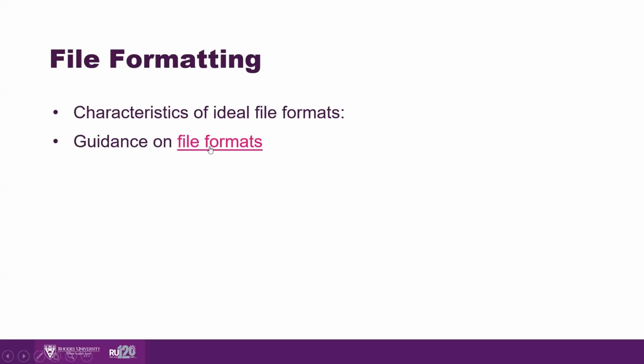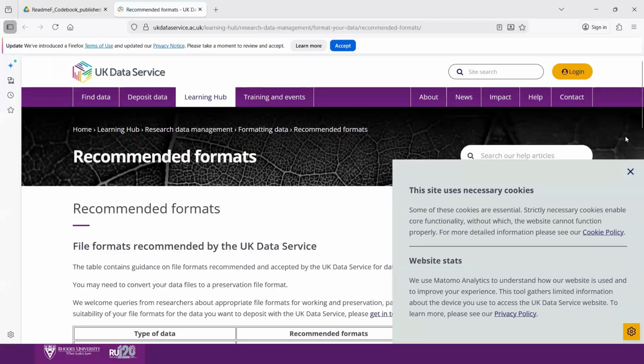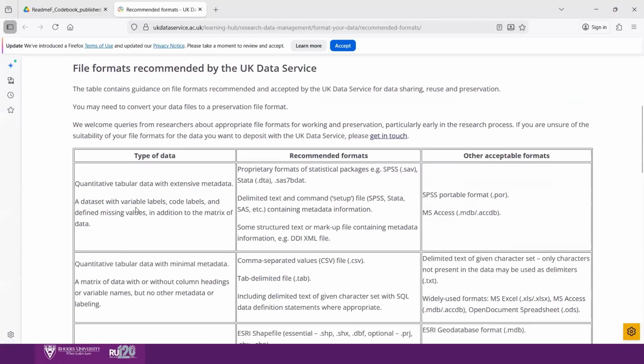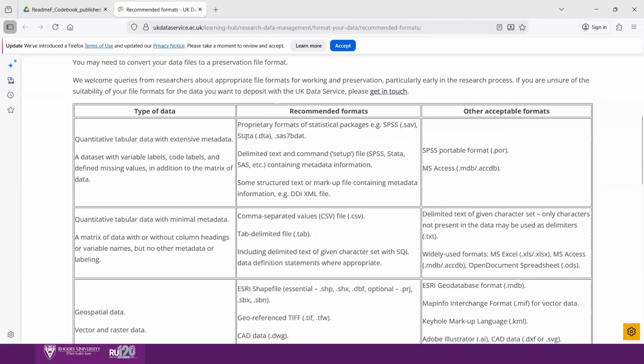And you can get guidance on the different types of file formats that exist. We would have this on our library guides where people can see what are these file formats that Sam is speaking about. So you get different types, whether it's relating to geospatial data or tabular data, whether it's video files, whether it's audio files, whatever given type of research data, you'll find that there are examples of what are recommended file formats, as well as